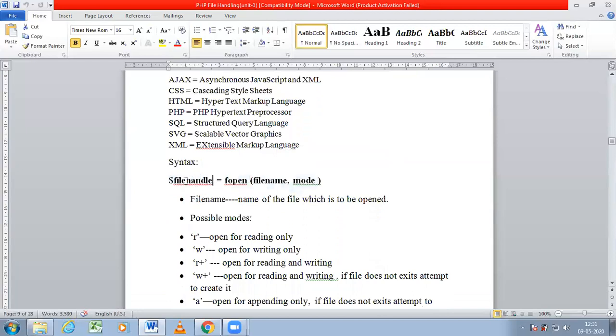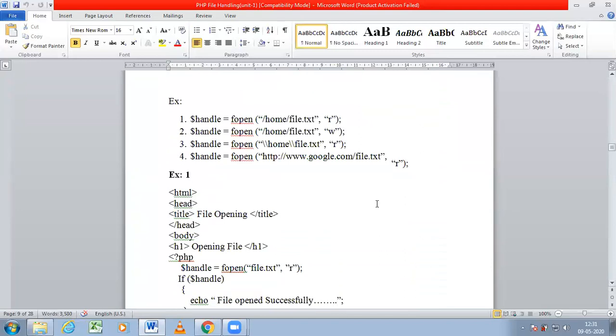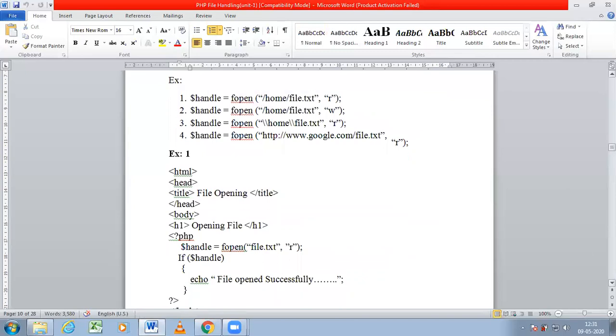That value I will be storing in another variable, that is the file handle. By observing the file handle value, you can know whether the file is opened or closed. Just like this, $handle equal to fopen of some file, and if you are opening in read mode, if the fopen function can identify this file and open it, then it will return some status to that target variable, that is $handle.